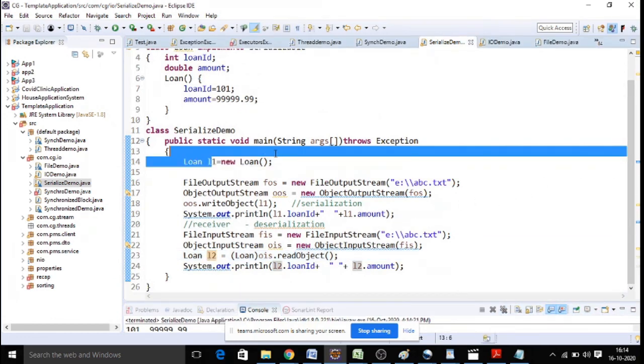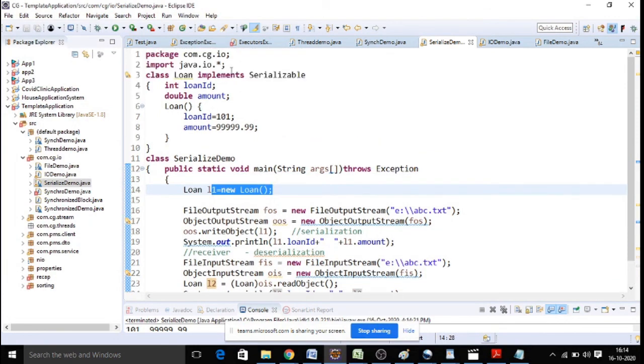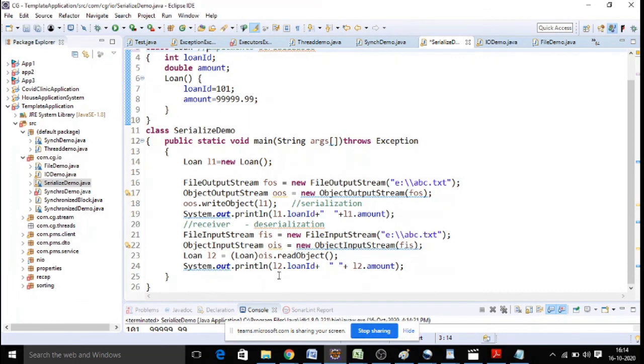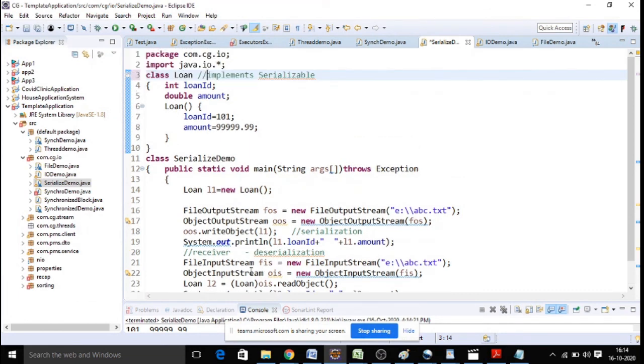Whichever object you want to serialize, make sure you implement the Serializable interface. If you don't have the Serializable interface, you cannot writeObject or readObject. Whenever you implement the Serializable interface, you don't need to override any method because there are no methods in it.